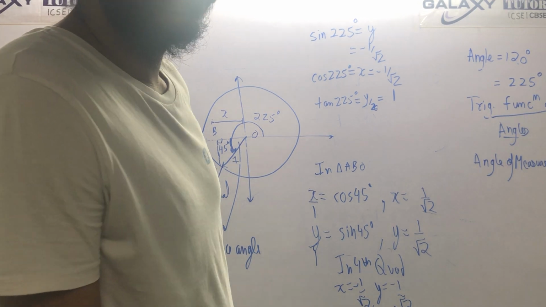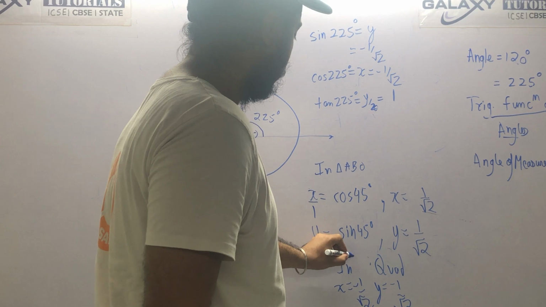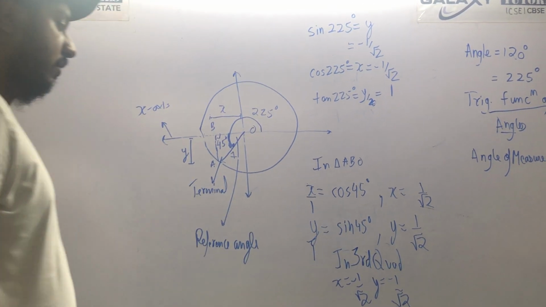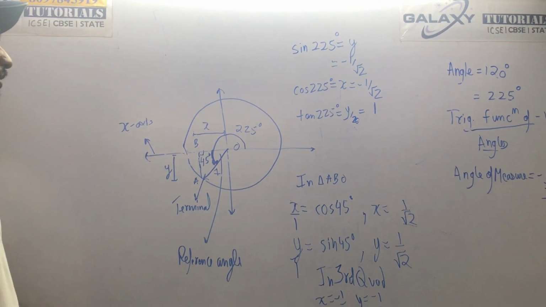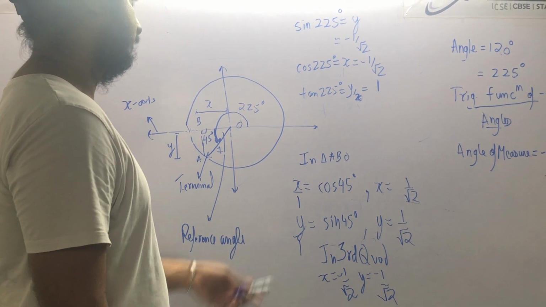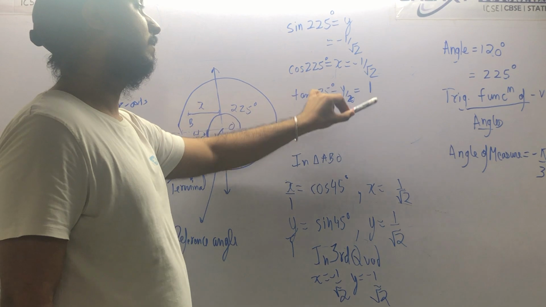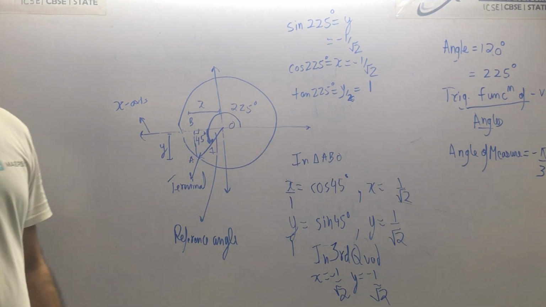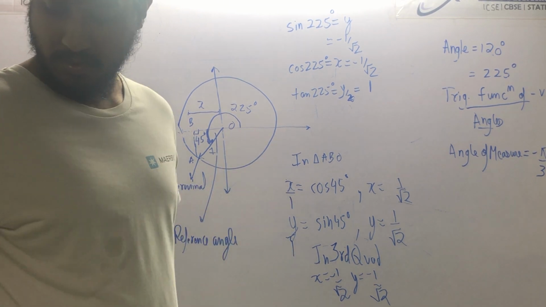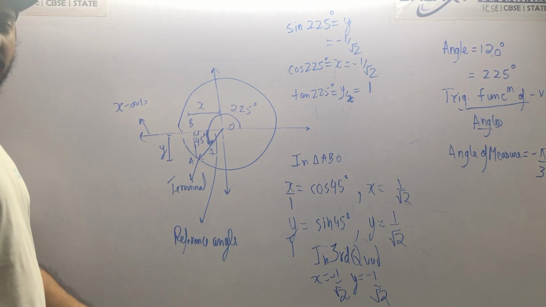Oh, so this is the third quadrant. Yeah, my mistake. This was the third quadrant: first, second, third. By mistake, I wrote fourth. So you found the values of sine, cos, and tan as minus 1 by root 2, minus 1 by root 2, and 1. These are the three values. You can find cosec, sec, and cot also by yourself. Now I am going to do it by the shortcut method.